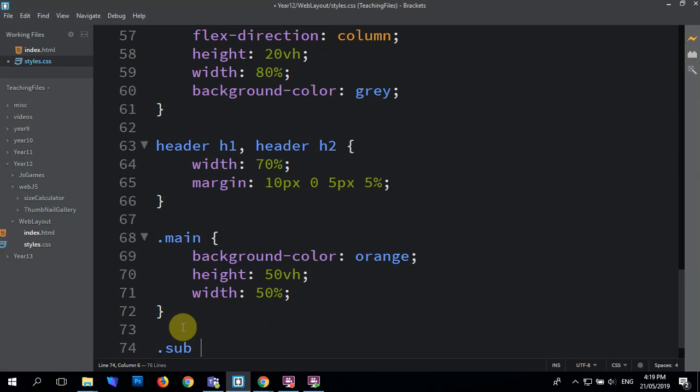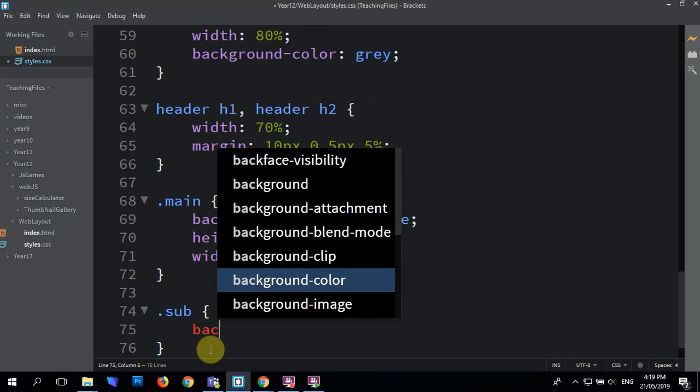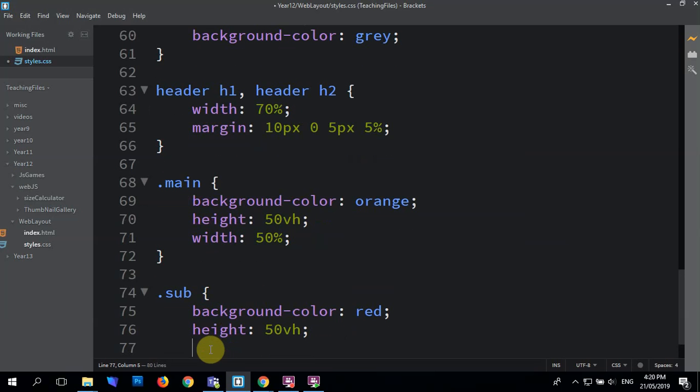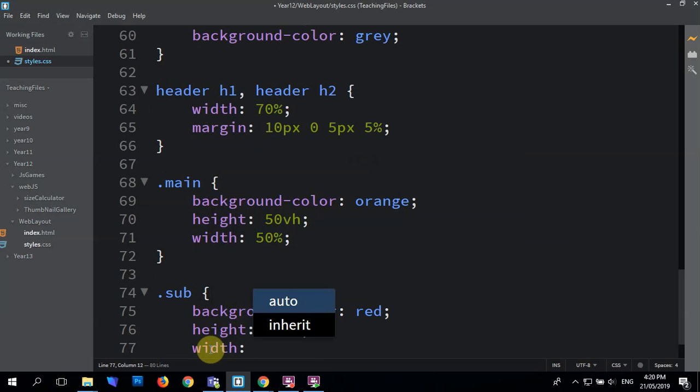Dot sub, background color red, height 50 VH, width, this, I'll just adjust this now, preempting what I'm going to do. Okay, no. 20, 70, okay, so that should, in theory,